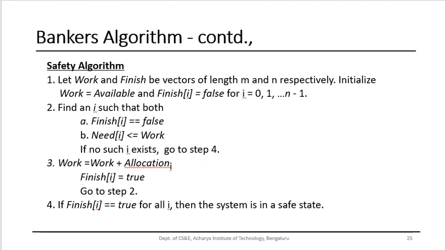Good morning. In the previous class, I was discussing different ways of handling deadlocks, and we have finished discussing deadlock prevention. Here, we try to ensure that one of the necessary conditions for deadlock to occur doesn't hold. What are the necessary conditions for deadlock to occur? The first one is mutual exclusion. The second one is hold and wait. The third one is no preemption, and the fourth one is circular wait.